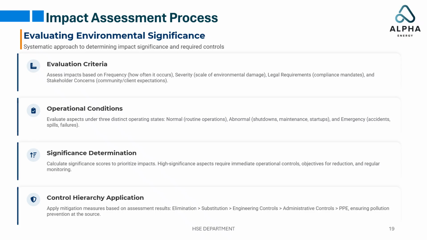After this evaluation, significance determination is carried out by calculating scores to prioritize environmental impacts, where high significance aspects require immediate operational controls, reduction objectives, and continuous monitoring. Finally, the control hierarchy is applied to manage the impacts effectively, prioritizing elimination of the hazard, followed by substitution, engineering controls, administrative controls, and the use of personal protective equipment, ensuring that pollution prevention measures are addressed at the source